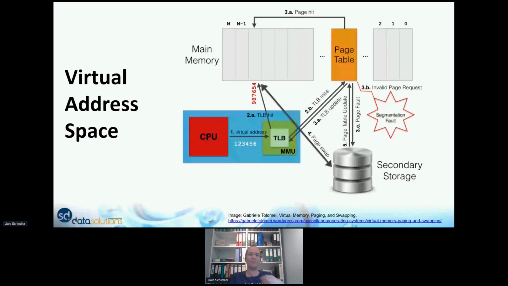And then the same happens. You're updating the memory mapping unit, the translation look-aside buffer in the CPU, and it can read that memory address. So basically that's how virtual address space works. The trick here is for the Lucene indexes: whenever we access something in your Lucene indexes which is not yet in memory, the operating system kernel will take care of mapping it into our virtual address space.